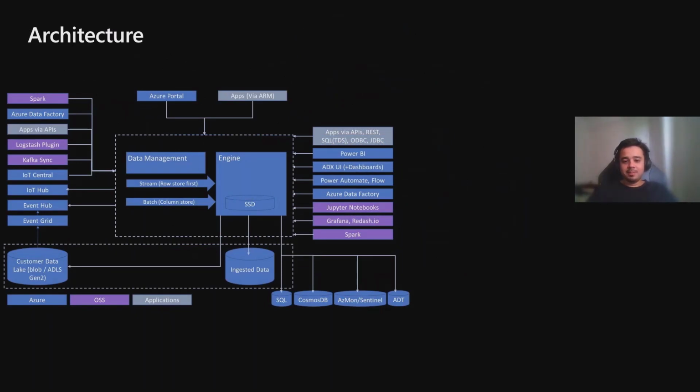Now, just diving a bit into the Data Explorer architecture. As I said, it's a PaaS service, so you don't have to maintain any infrastructure. The cluster includes two types of compute: data management, which is responsible for ingesting your data, and engine, which is responsible for running your queries, right? So as part of this ecosystem, we have a managed ingestion pipeline from some of the popular Azure services such as Event Hub, IoT Hub, storage, and so on. And you can bring data in along with some of the connectors, which I'll quickly talk about in the next slide. But these are some of the sources through which you can bring the data and put it in